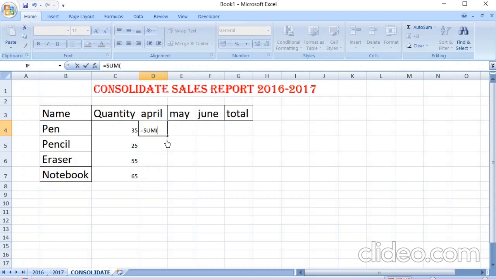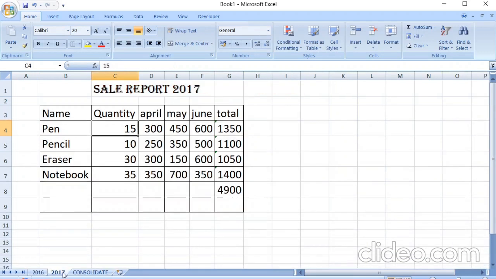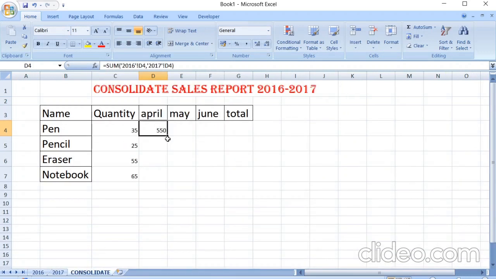Equal to SUM, 2016, then this sign, then I want D4, comma, I am picking the next data from 2017. Which mistake have I done right now? I have not put the comma, even then it takes automatically. See, 550, how? 250 plus 300. Or by dragging it, it is consolidating your data.